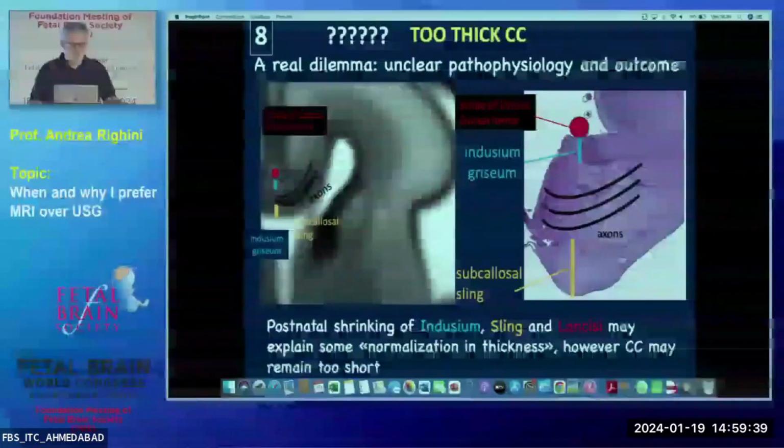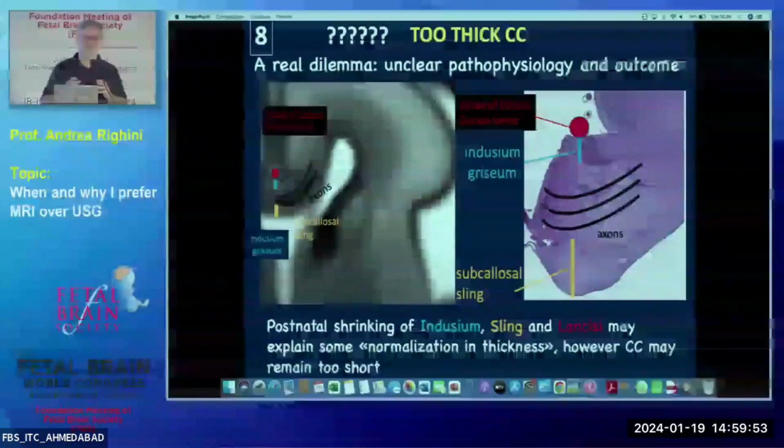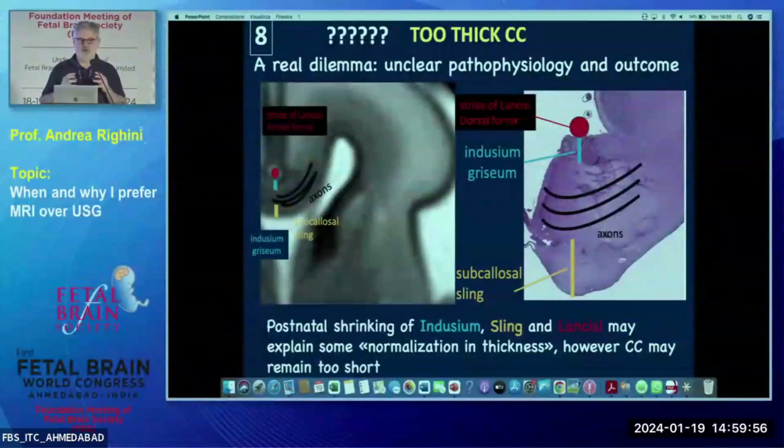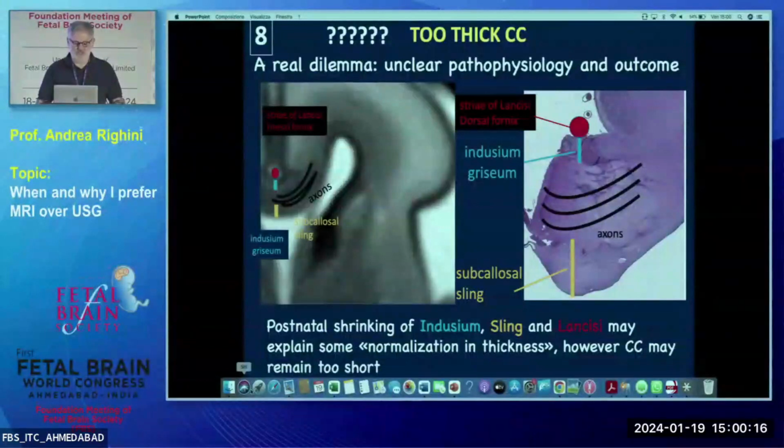And we noticed, and Dr. Gianna Izzo, who performed this job, and also our pathologists, observed that basically most of the thickness was ascribed to the supporting structure of the corpus callosum formation, the bridge structure, which as you saw at the bottom is the subcallosal sling, which is sort of glia, producing also guidance molecules together with the inducing rhizome above. They are really thick. There were probably also some axons crossing, but most of the thickness was due to these structures.